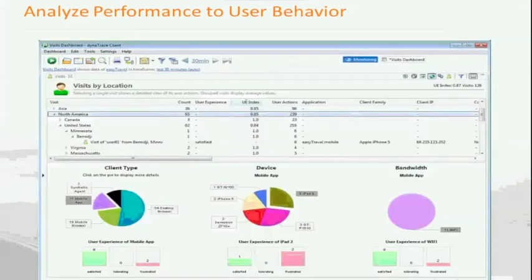Similarly, you could see where the traffic is coming from, what clients. Are you investing more in browsers and not looking at mobile apps, whereas most of the time the traffic comes to you from mobile devices? And again, what is the kind of bandwidth? Are they coming from low bandwidth areas? So you need to make sure that you optimize your resources and the content for low bandwidth.